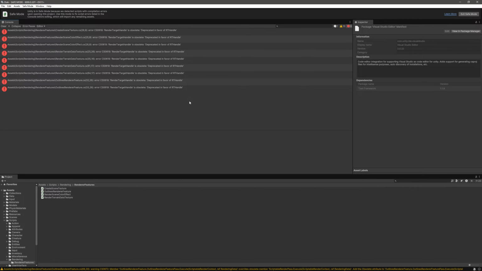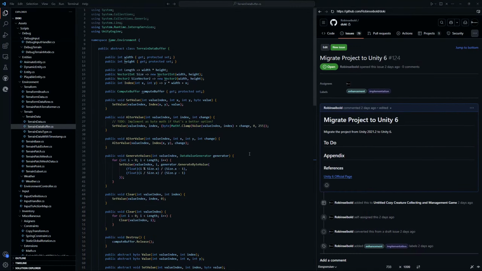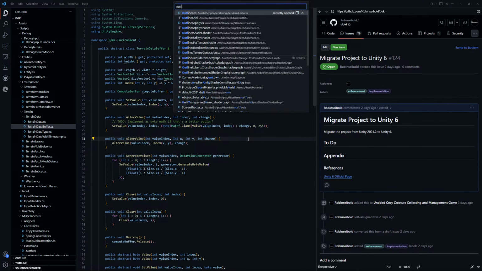I'm thinking getting rid of the errors is probably gonna be one of the easier tasks today. I'm wondering if we're gonna have some rendering issues. So if something has changed in the render pipeline, we might get some weird render issues which might be hard to get to the bottom of. But we will see. Yeah, let's just take it easy, step by step, and try and remove these first of all. And I want to try and fix my outlines